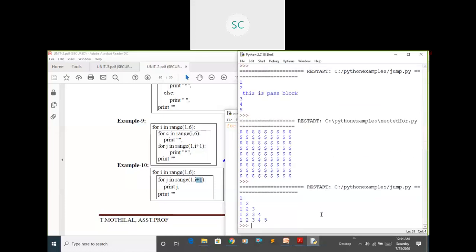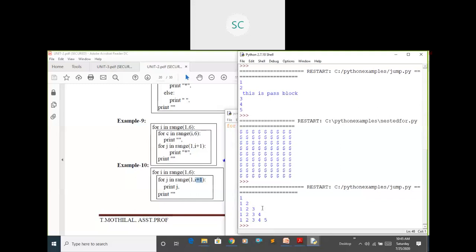See, you got the output like this, right? First it is i equals 1. The inner loop is repeated up to i plus 1, which means 1 only, 1 to 1 only, so 1 is printed. Then the i value is incremented to 2. In that case 2 values will be printed. If it is 3, three values will be printed, like that it will go.